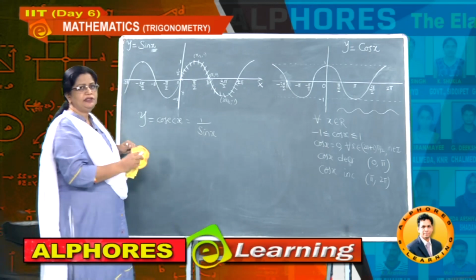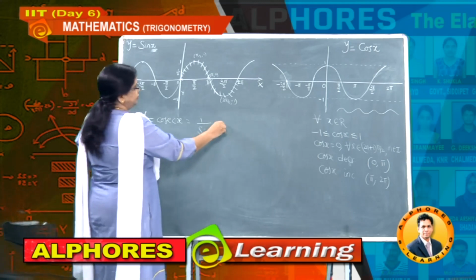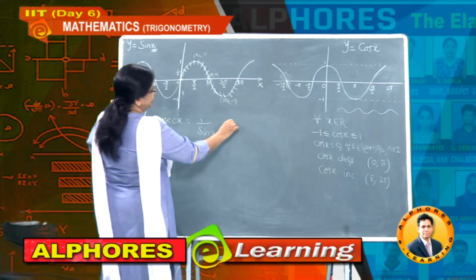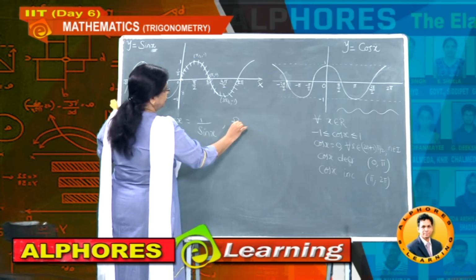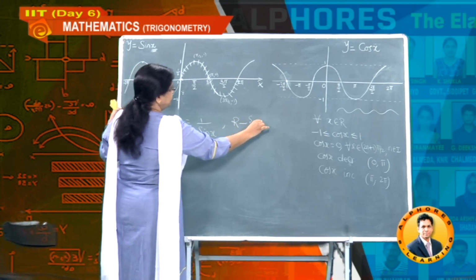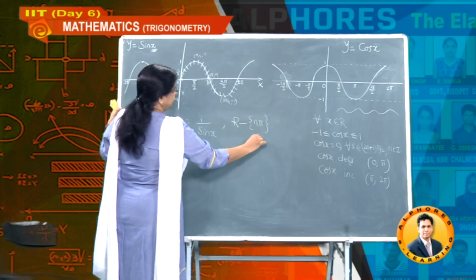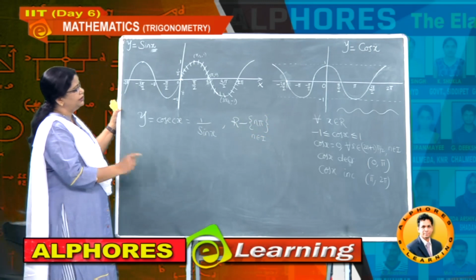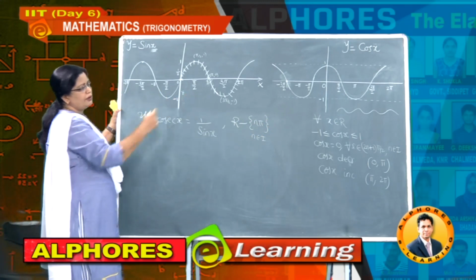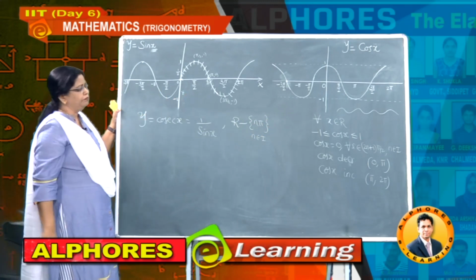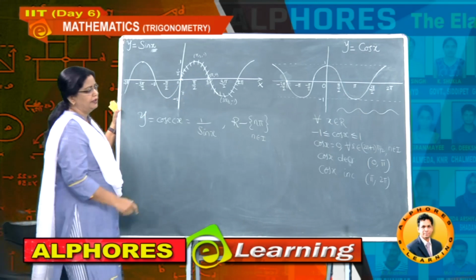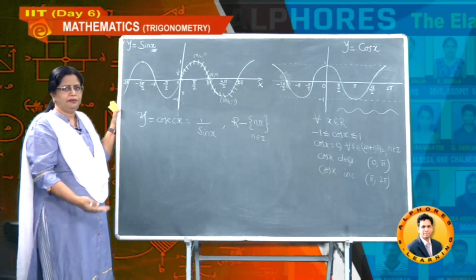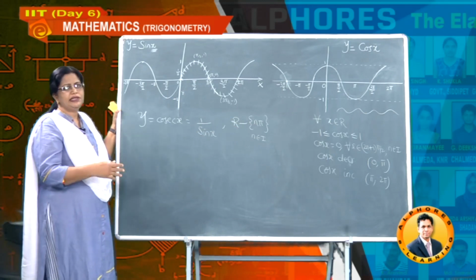And what is our observation? When can you find sin x is 0? sin x is 0 when x is equal to n pi. That means here it is taking all the real numbers except n pi, where n is an integer. Therefore, the cosecant graph you cannot draw just like sine and cos for every real number; you have to give breaks at integral multiples of pi, that is 0, 180 and 360 etc.